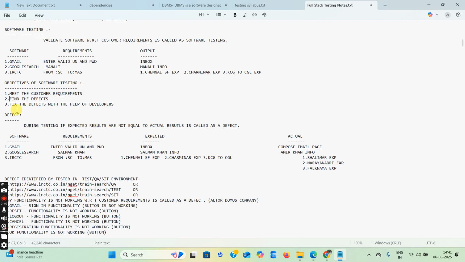If a customer gives any project to you, then you must meet those requirements. After completion of that project, as a manual tester, your action is to find the defects. If any defects are identified, they will be sent to